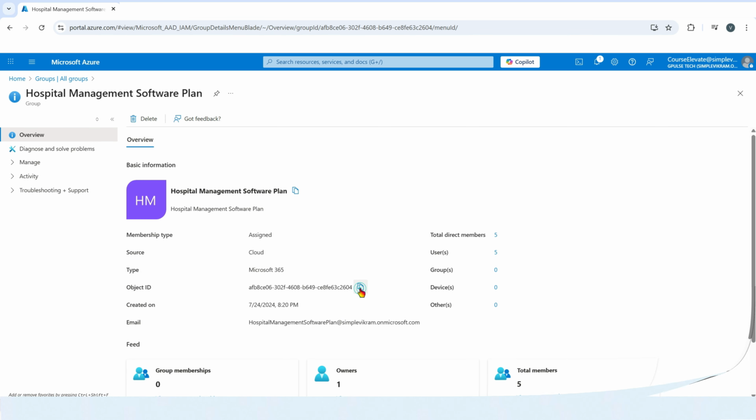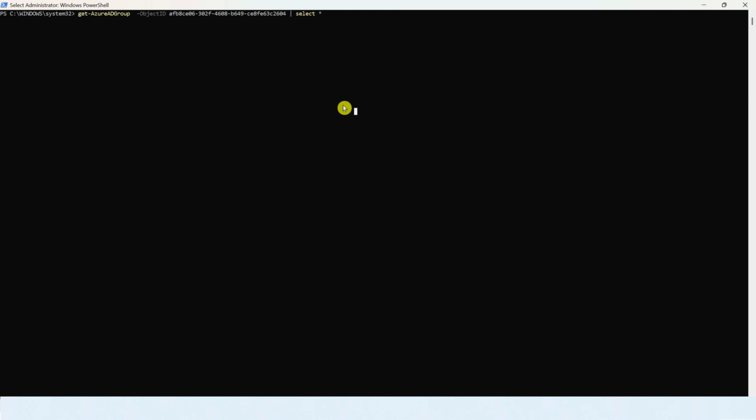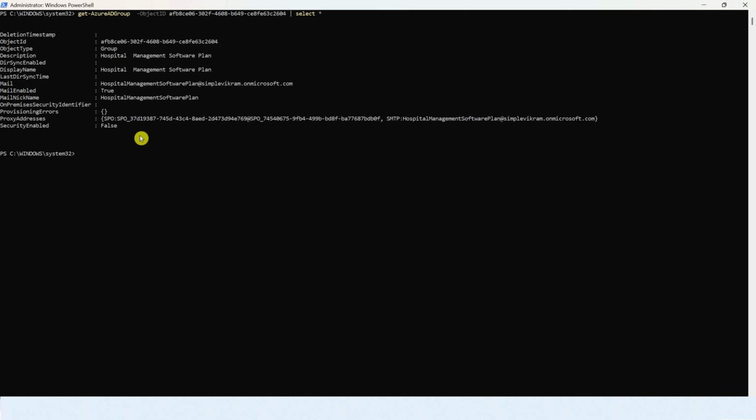So I'll copy this object ID. Here I am providing the Get-AzureADGroup method, and in the object ID I'm providing the ID of the group, and select star will return me all the properties of this group. I hit enter. It has told me all the properties of this group, and it says security enabled is